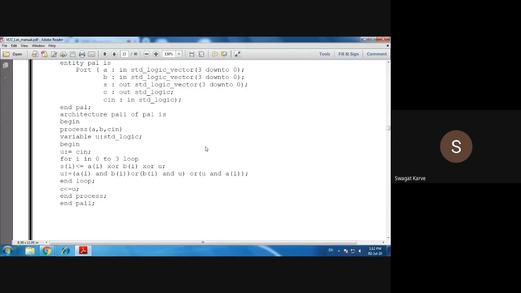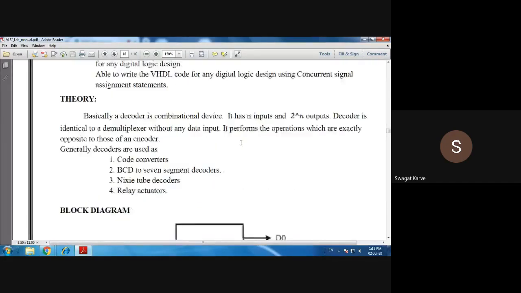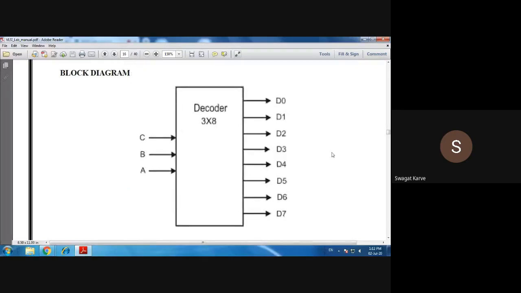4-bit parallel adder. So now we will discuss the next example, that is 3:8 decoder. Right, now how to design this 3:8 decoder? Yes, now this is the very simple block diagram of this 3:8 decoder. It has 3 inputs and 8 outputs.